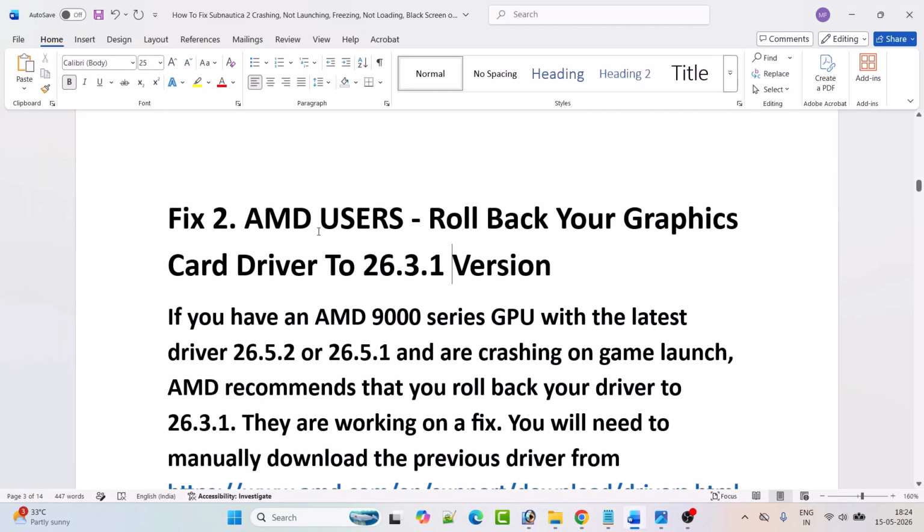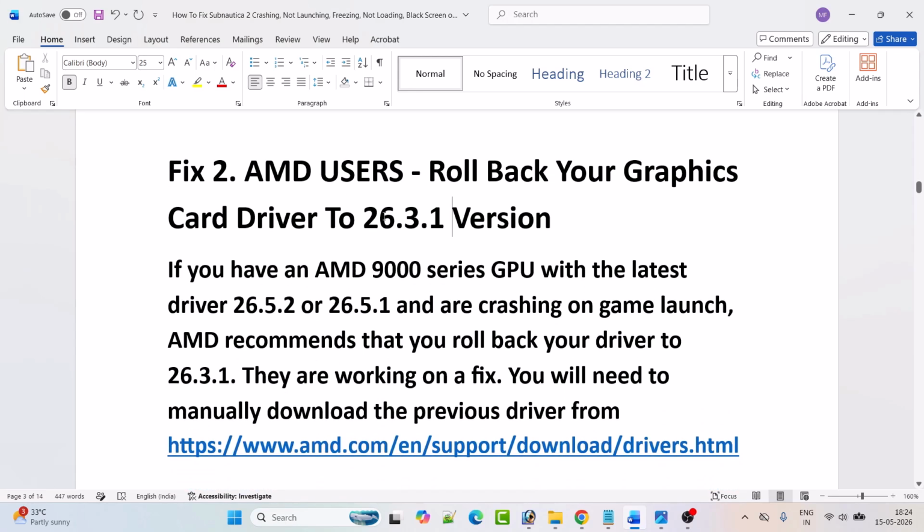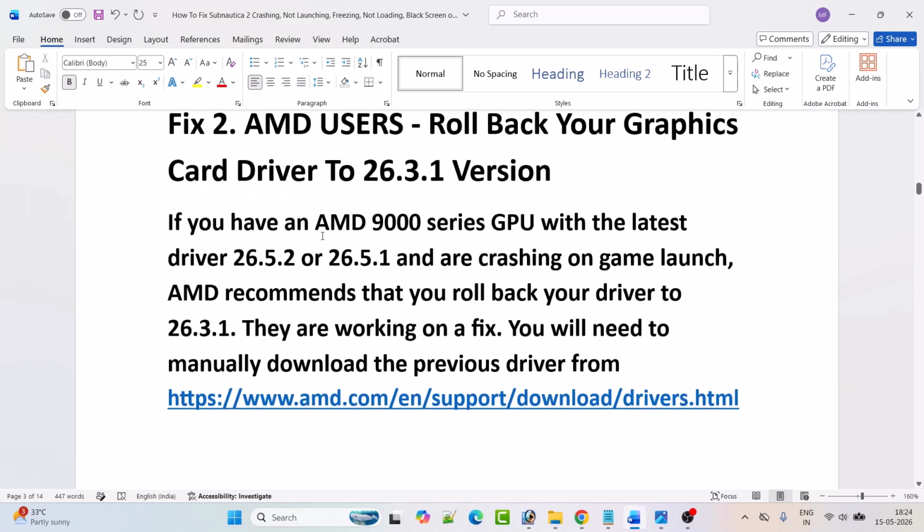Fix 2, this is for the AMD users. Now if you have updated your graphic card driver and your problem is still not solved, then you can roll back your graphic card driver to the 26.3.1 version. If you have an AMD 900 series GPU with the latest driver, that is the 26.5.2 version or 26.5.1 version, and are crashing on game launch, then AMD recommends that you roll back your driver to 26.3.1. Currently they are working on a fix, and you will need to manually download the previous driver from the AMD